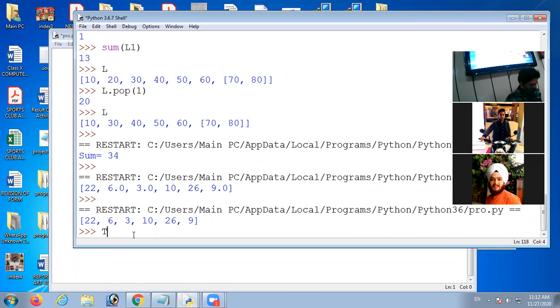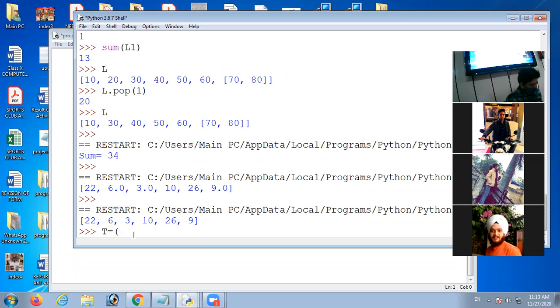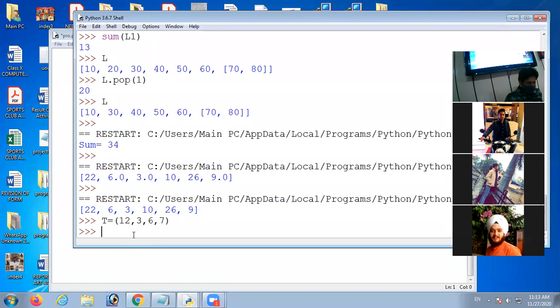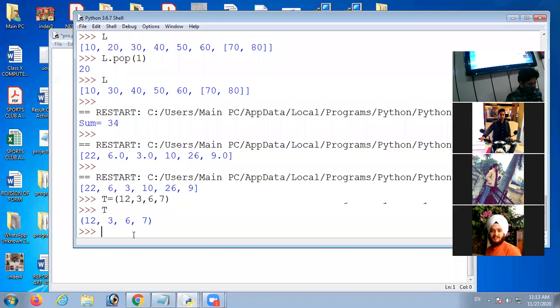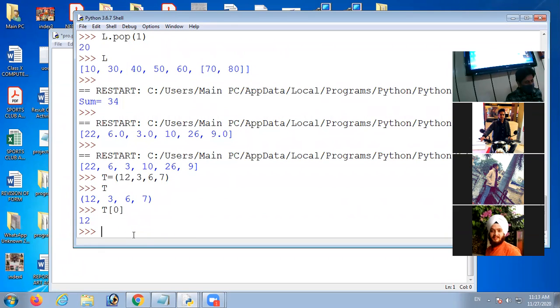if I take here T and after that brackets, I give the values 12, 3, 6, 7. Now I display the value of T, the values are here. But if I want to change the value of any element, it is not possible. Suppose I want to change T[0]. I know that the value of T[0] is 12. If I am going to change this value,